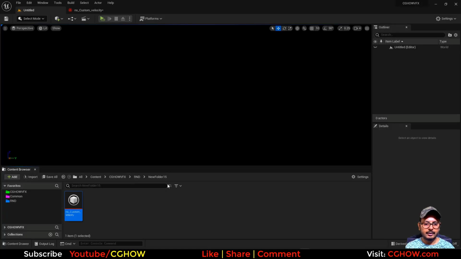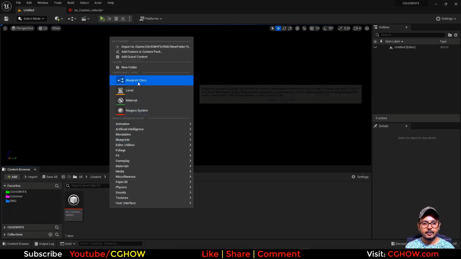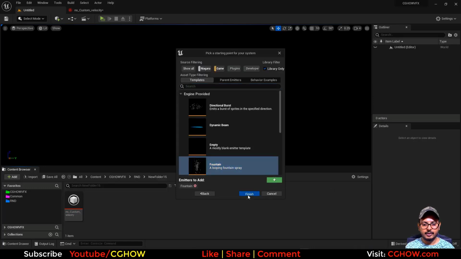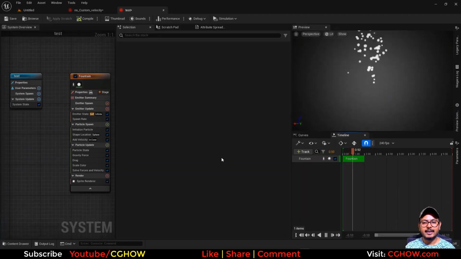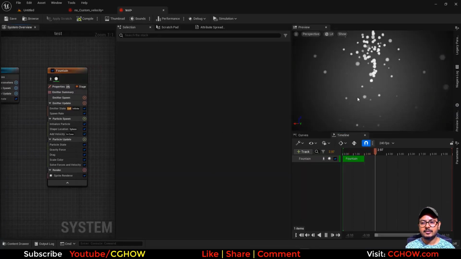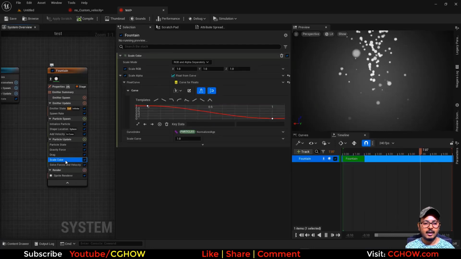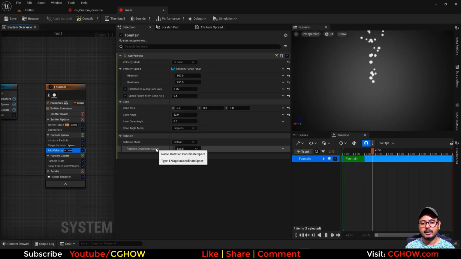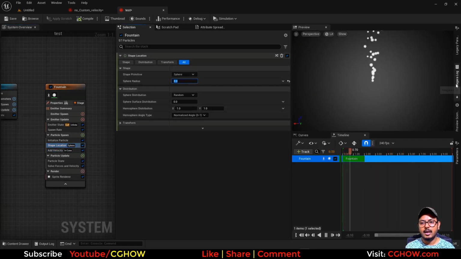So in my R&D in new folder 515, I have this NS custom velocity and I will create a new Niagara system, fountain test. Okay. So in test, I have this velocity and I'm using this fountain and I'll just delete these for now. So we have just velocity and sphere location. Let's make the sphere location 0. And then